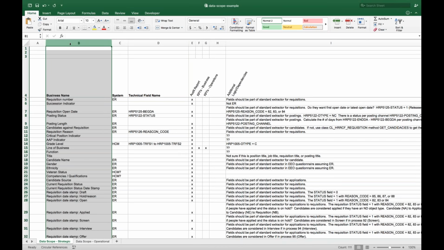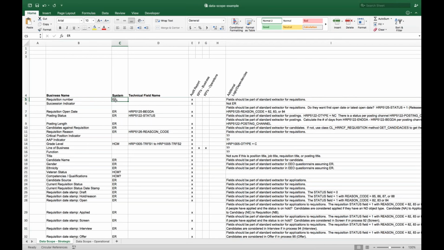These are business names of the measures and the dimensions that are typically in a dashboard. Realize a lot of this you can do before you ever walk into the executive's office, right? You have an idea of the business name, of the sorts of things that they're looking for. You can get an idea of what sort of system that they're in.